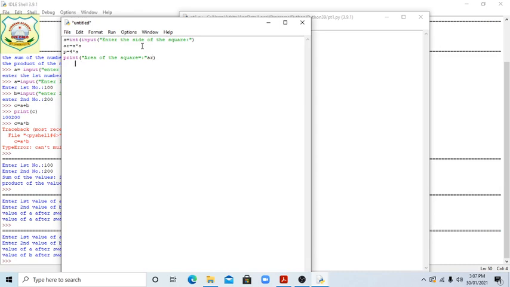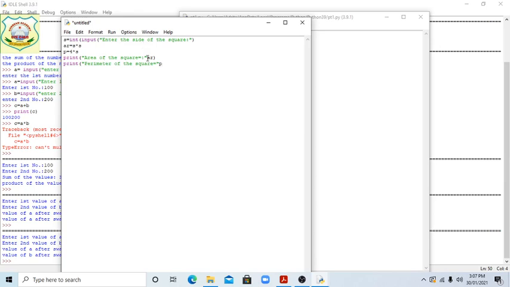Then we should write perimeter to print, perimeter of square, what should we write, students, in which P, okay.